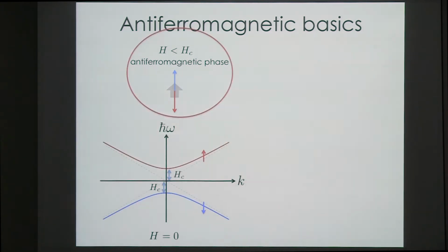So in this talk, I'm actually going to stay away from the spin-flop phase. The reason for this is if you're in the spin-flop phase, you basically have an easy plane antiferromagnet. And so if you, for example, apply spin accumulation perpendicular to that Néel order, you'll induce coherent magnetic dynamics. So you get this sort of antiferromagnetic superfluid story that Cecilia was telling us about a few days ago. So I want to focus on thermal magnon transport in this case, which means that I'm going to stay in